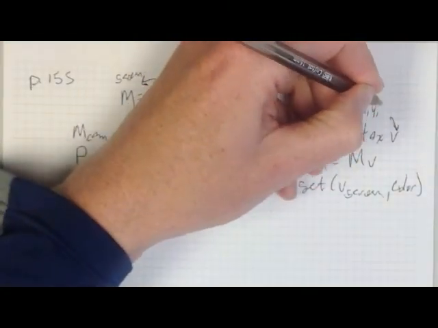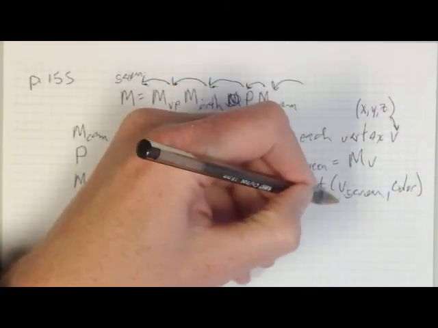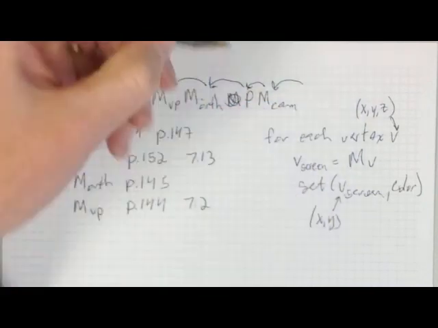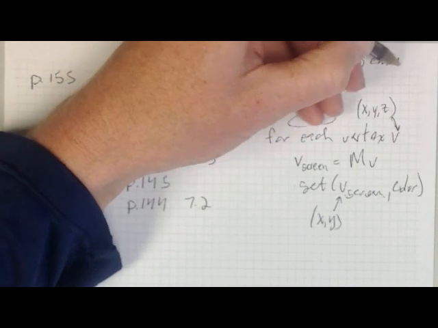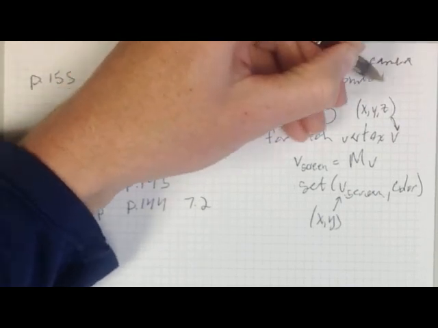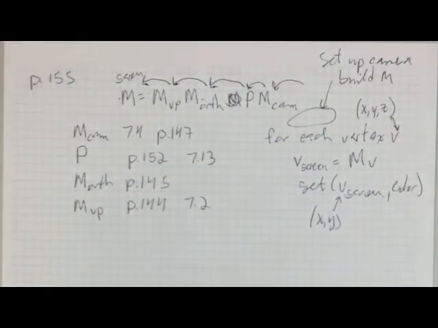The orthographic projection matrix simply does an orthographic projection onto a viewing plane, and it can be found on page 145. It's where you can find the orthographic projection matrix. Finally,